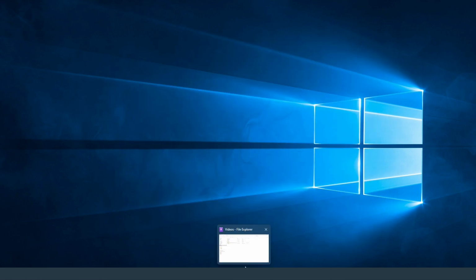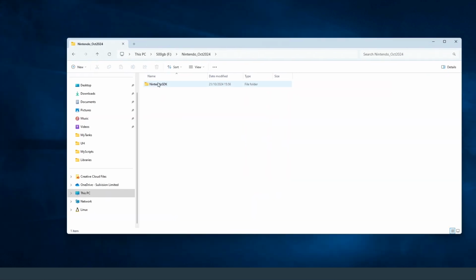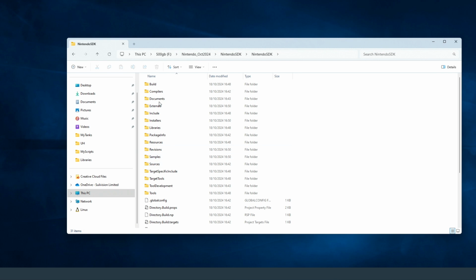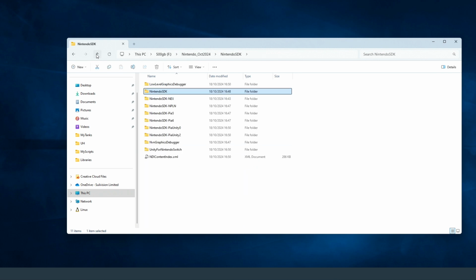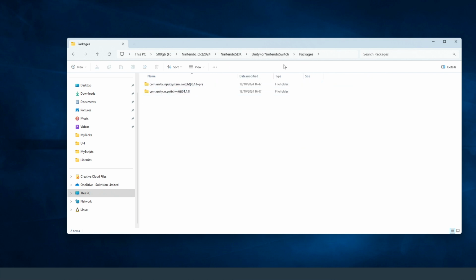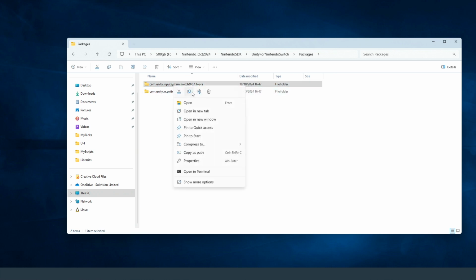What I'm going to do now is go back into the Nintendo SDK folder and open up Unity for Nintendo Switch packages. I'm going to take a copy of this folder